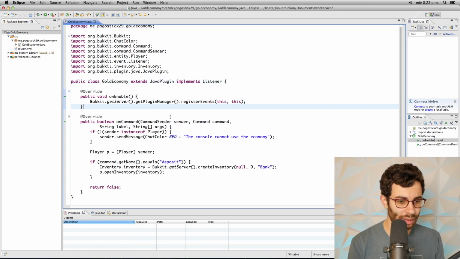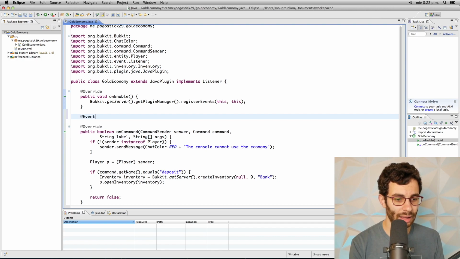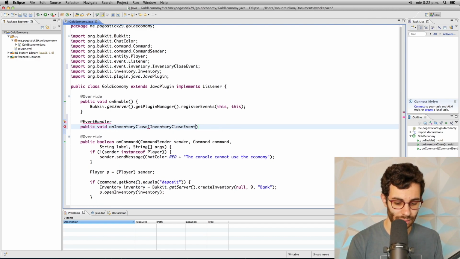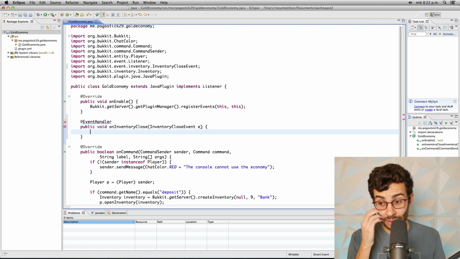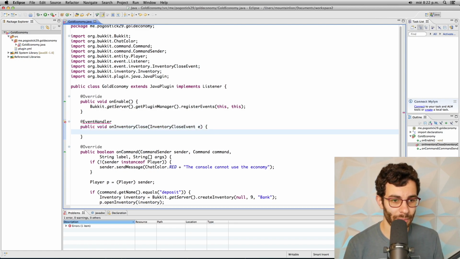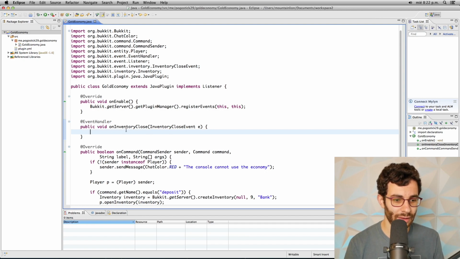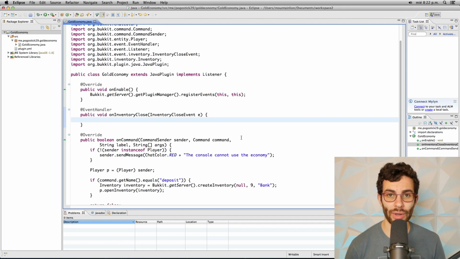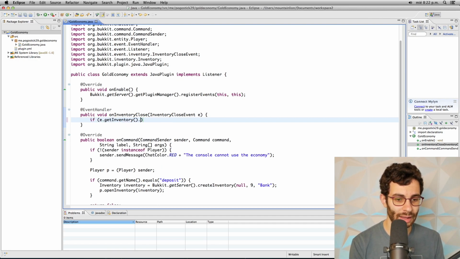And then we need the EventHandler annotation. And we're going to call this onInventoryClose. And this is an InventoryCloseEvent. Yep. See, I remembered that. And that didn't even come up the first time I tried to make this. So we've got the event handler, InventoryCloseEvent. So when an inventory is closed, we need to check, is it the bank inventory? Is that the inventory that was closed? So we'll say if e.getInventory().getName()